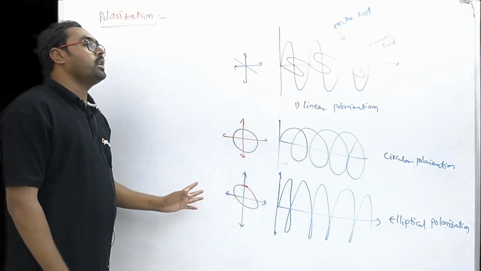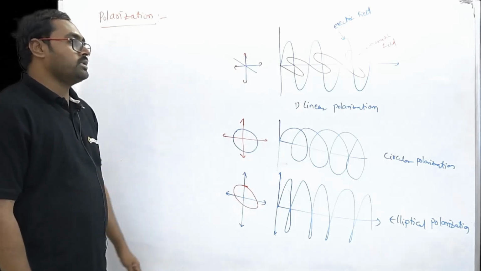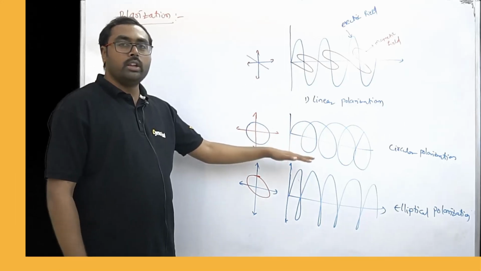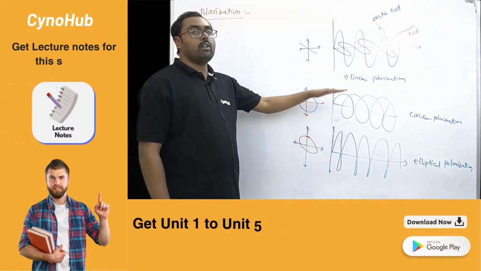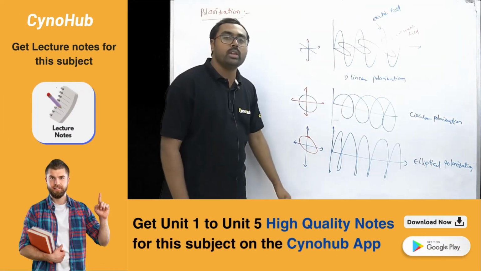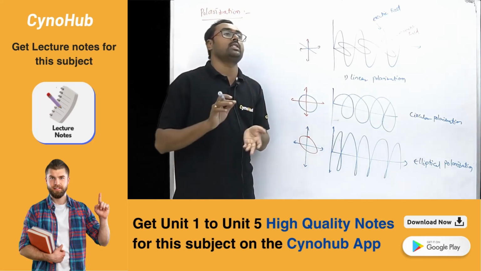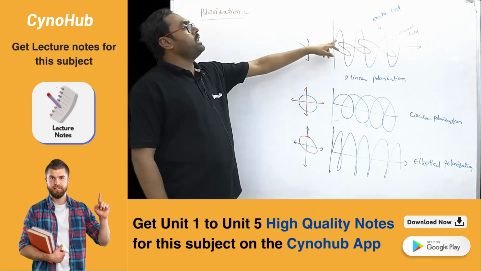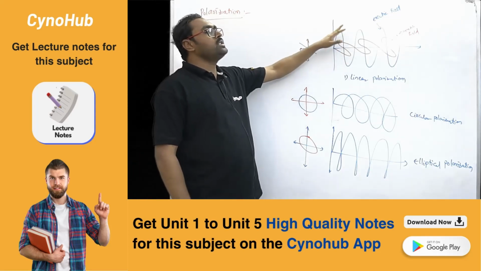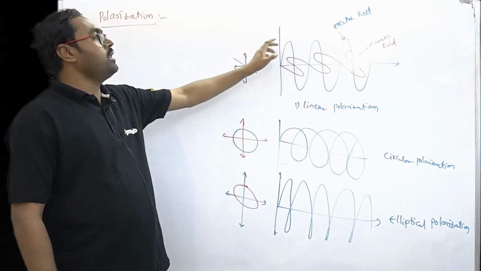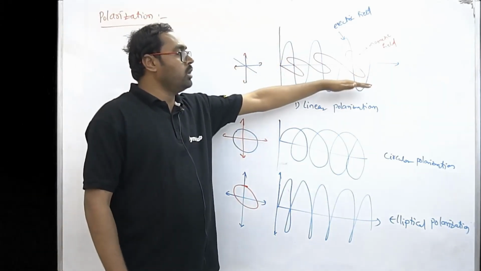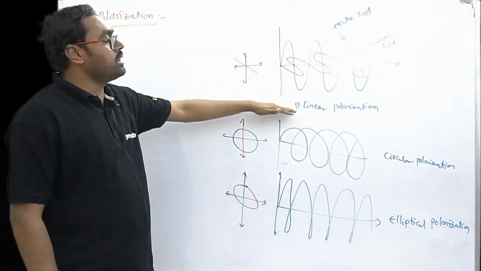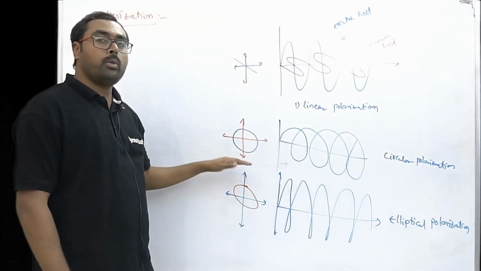After that, the next polarization is circular polarization. In this, the electric field and magnetic field are perpendicular to each other. In the linear case, the electric field oscillates along one plane only, and that is linear polarization. Whenever circular polarization comes,